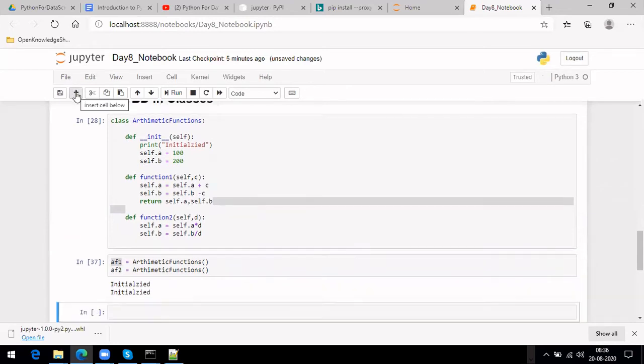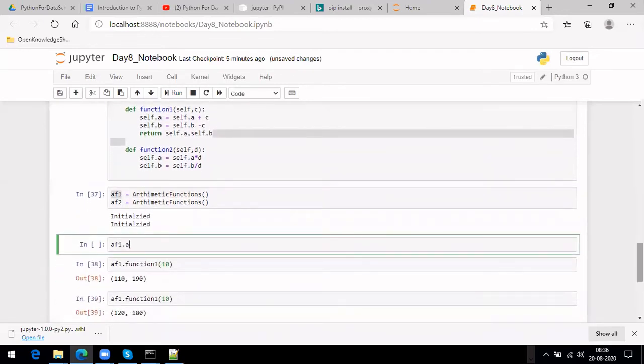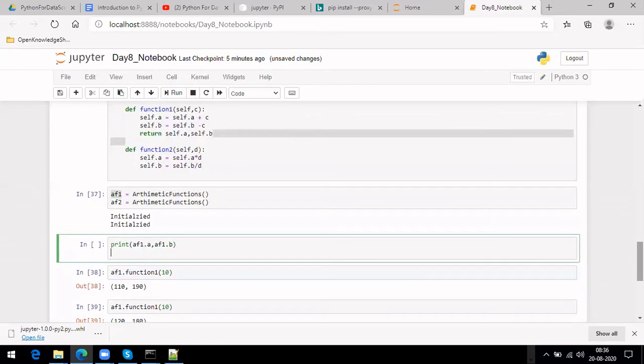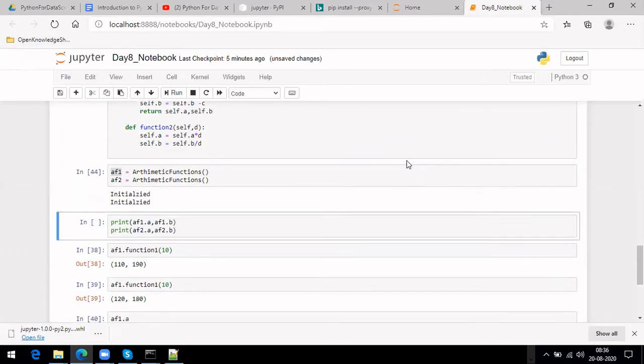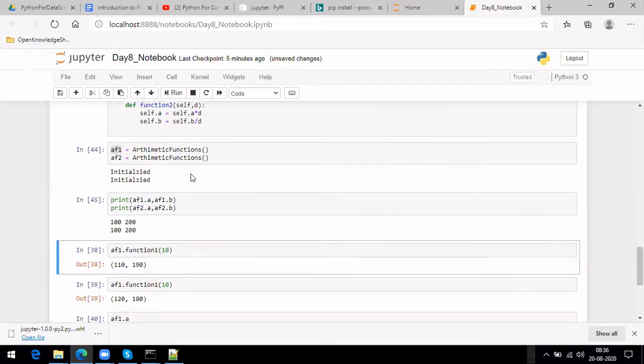Let me print these four examples: AF1 dot A and AF1 dot B, and also AF2's. Let me do it from the beginning. I initialize again, so you get this one.